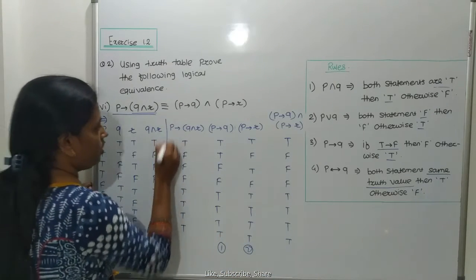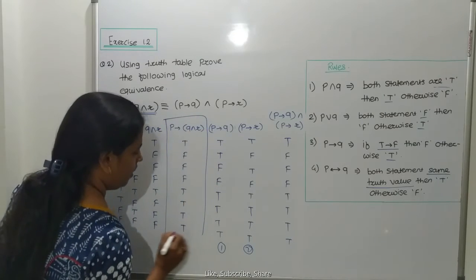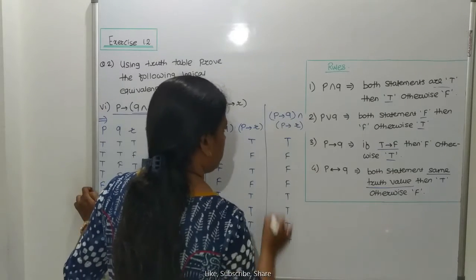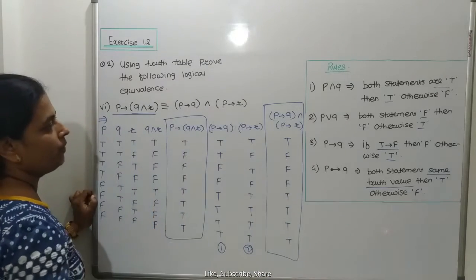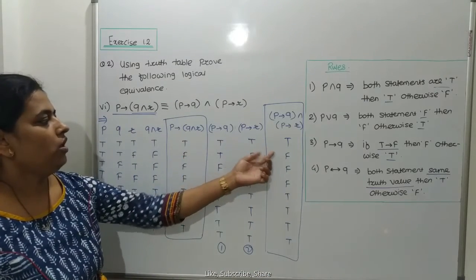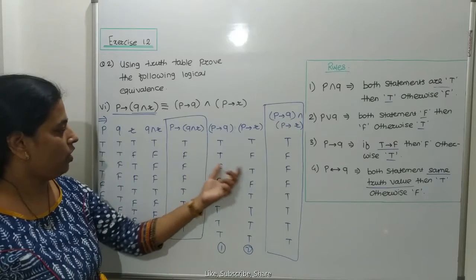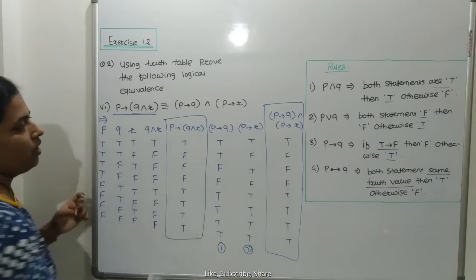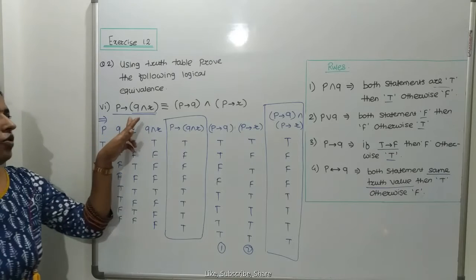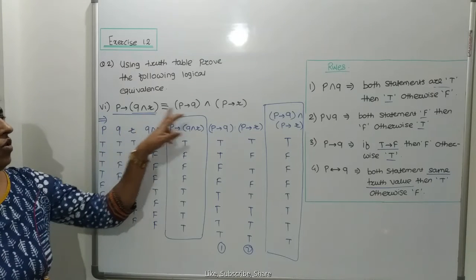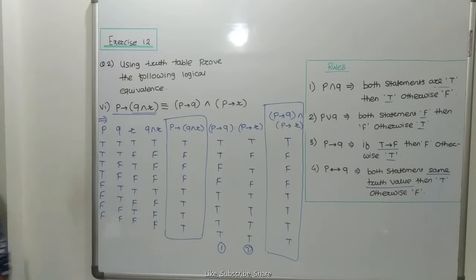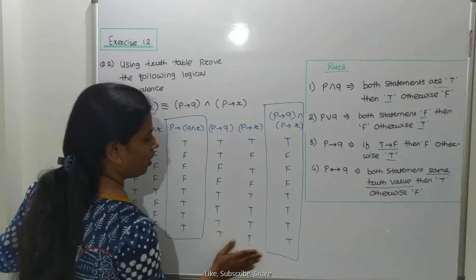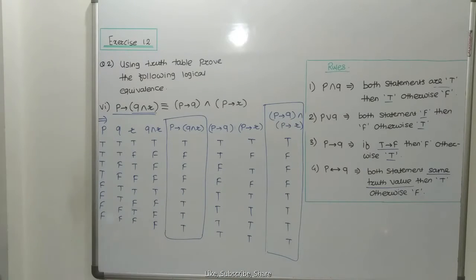So compare this one. This one is your first statement pattern, and this one is the second statement pattern. So check the truth values of these two. Each and every truth value of this one is the same. So for this, we have shown the equivalence of these two statement patterns with the help of a truth table. Okay. So this is your question number 6. If you want to write this, take a screenshot of it. Now you have to solve the next question.